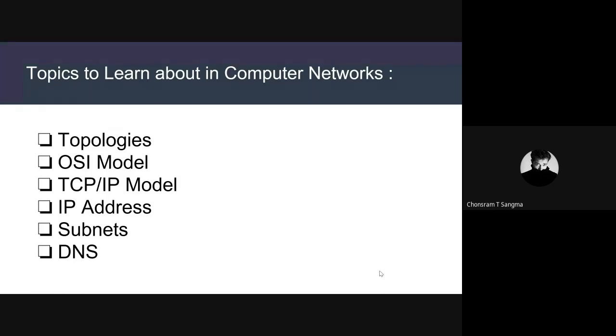And the second one, we have the TCP/IP model. And like the fourth one, we have IP address, and we have subnets or subnetting. And the last one, we have DNS server, which stands for Domain Name System. So these are the topics I would like to recommend you guys to learn,